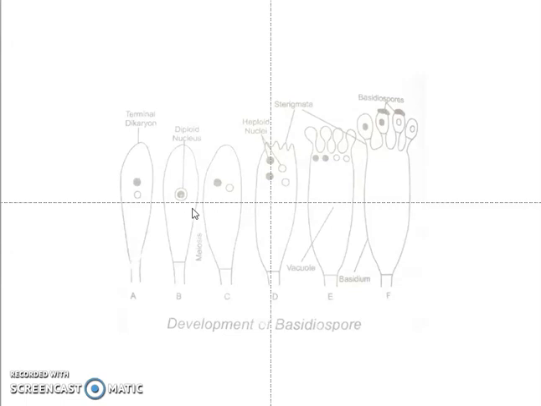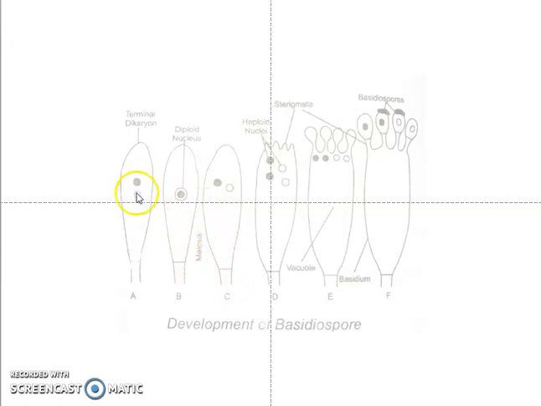All organisms have two kinds of cells, the somatic cells and reproductive cells. Somatic cells are cells which are seen in a vegetative body, and reproductive cells are cells which are meant for reproduction. Often somatic cells are diploid and reproductive cells are haploid. As we all know, fungi are haploid plants.